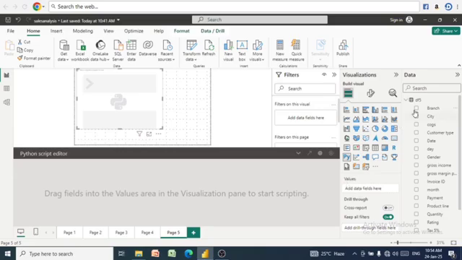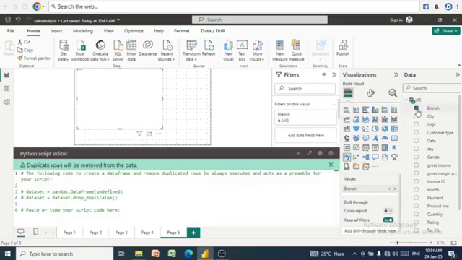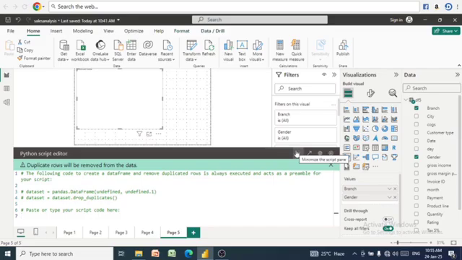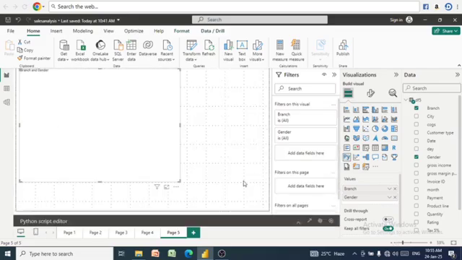From the loaded data I am going to select the branch, so it has been added now, and after that I am going to select the gender, so that also has been added. Now you can see that the Python script editor has been enabled. Here we need to write the code below. So this is how you work with Python scripting in